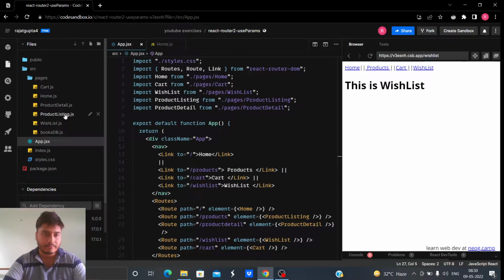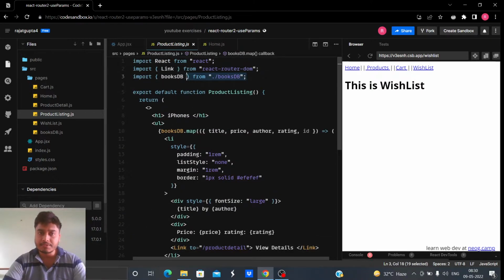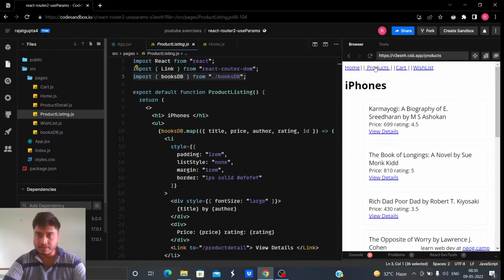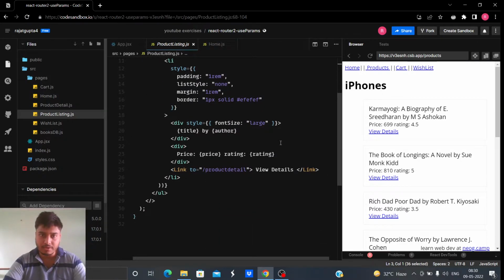Since you know this is the product listing page, here I am just mapping over this books database to show all the books in the view. You can see all the books in the view, and it's the basic stuff. You guys might already know this.